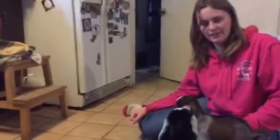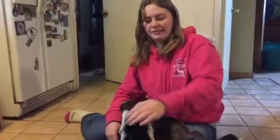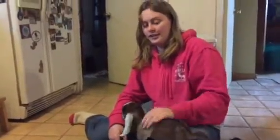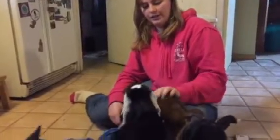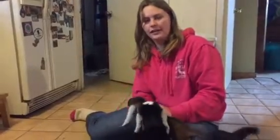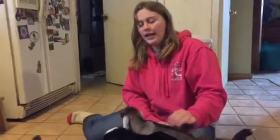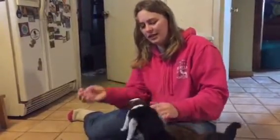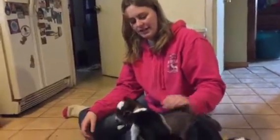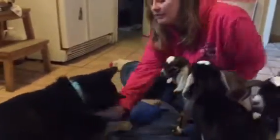Why would be some of the reasons to bottle feed over letting them on the mom? Makes them friendlier. Friendly bottle-fed goats are a lot easier to handle, and if you're going to be showing, it helps preserve the way the mom's udder looks. Because the babies will get a favorite teat, and then they'll stretch out the teat, and then you go to show the animal, and one teat's bigger than the other. So if you want to keep it nice for showing...